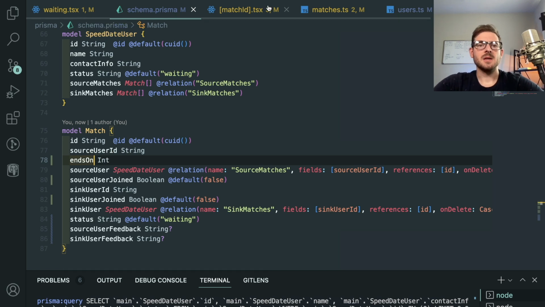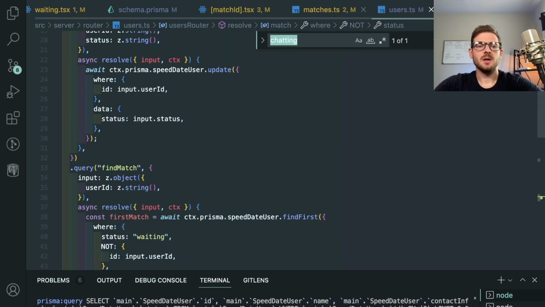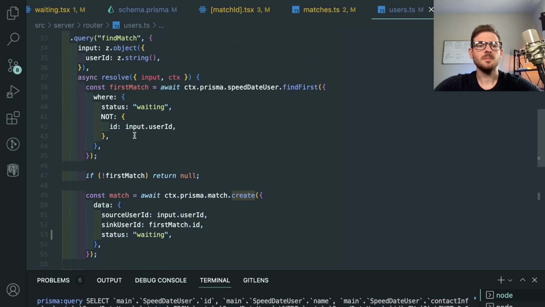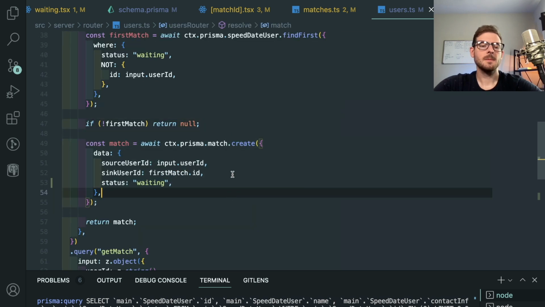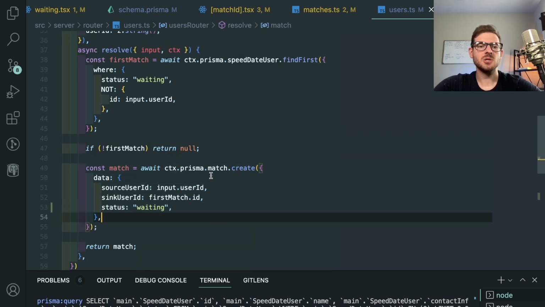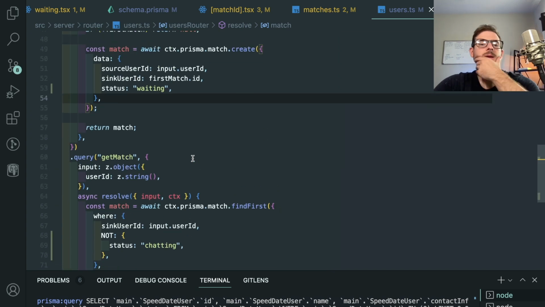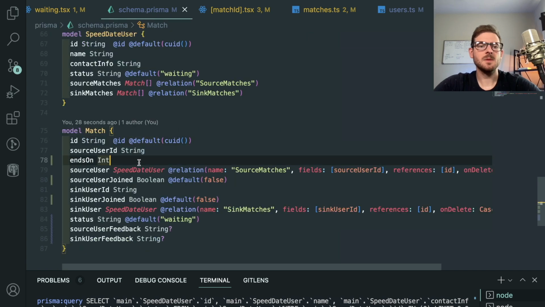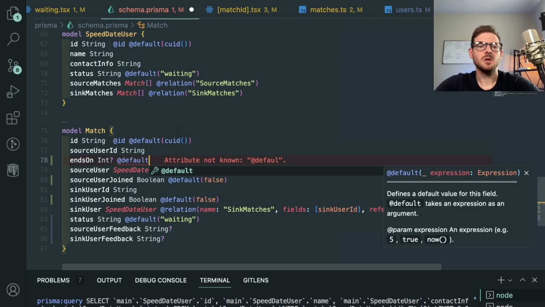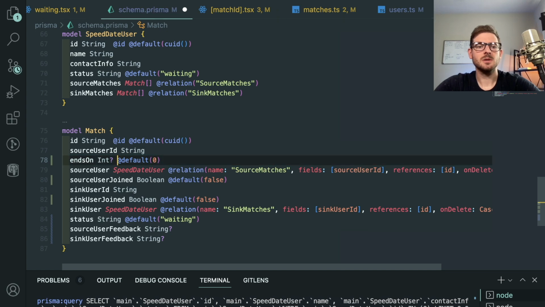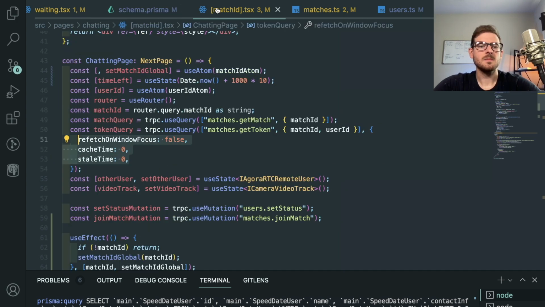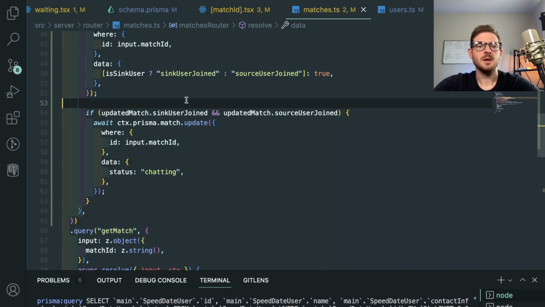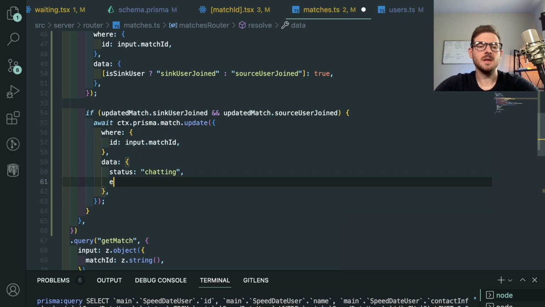But when we create the match, let's go to users, and I think there's one called create match or something. Find match. This is the thing creating the match, which is not what we want. Let me go back to Prisma. I'm going to make this optional, and I'm going to default it to 0 actually. But when we connect two people together, I think that's when we actually want to set the match's update, and then probably ends on